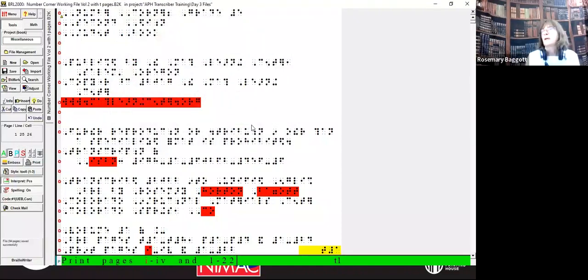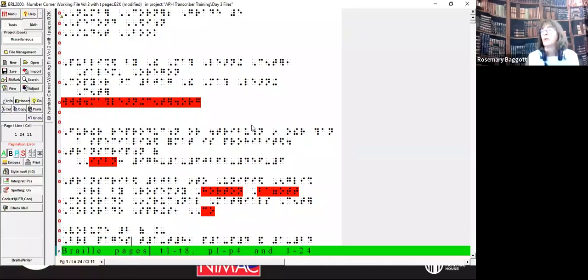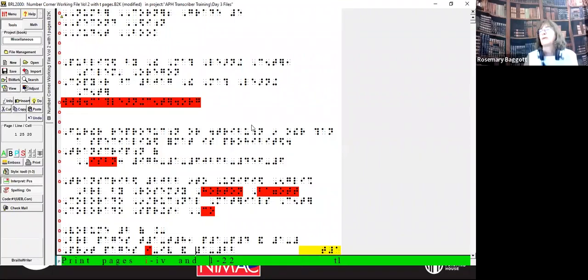So this is now a new file, and it's a setup for my volume 2. I just saved it as volume 2. So right away, I'm going to change the volume number here from 1 to 2. I'm going to go in and change the Braille page numbers, just to make sure that when I look at the table of contents or the title page at the end of this transcription, I know I did not yet enter the final Braille page number.